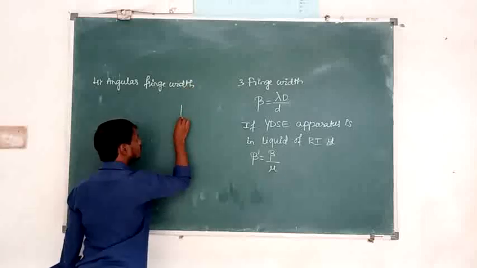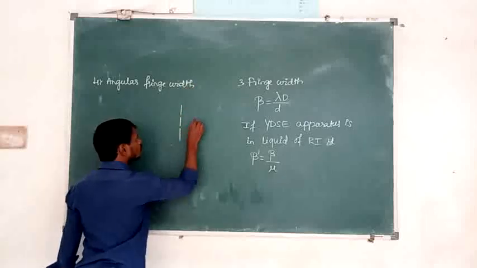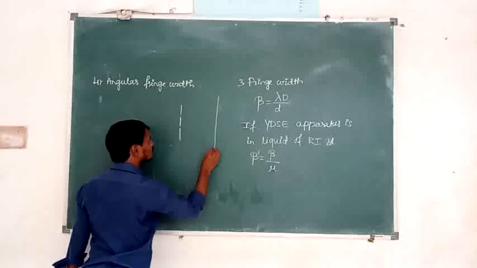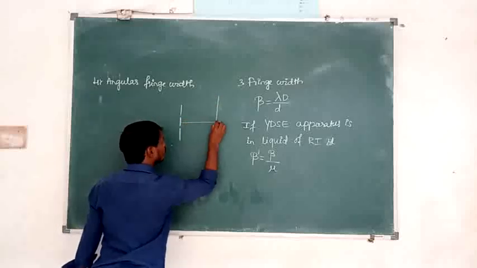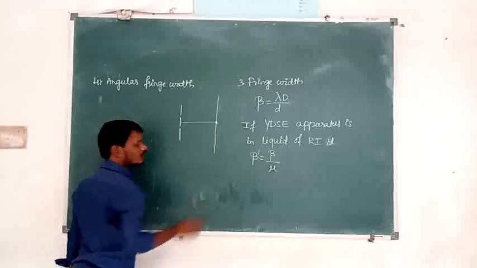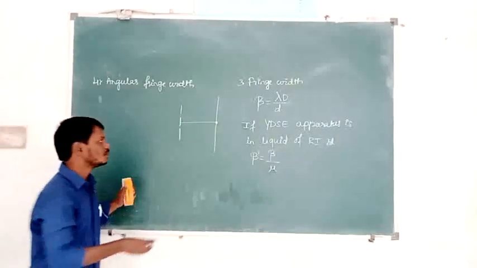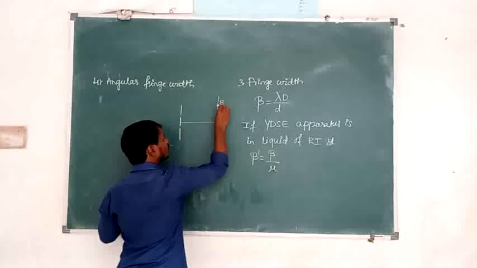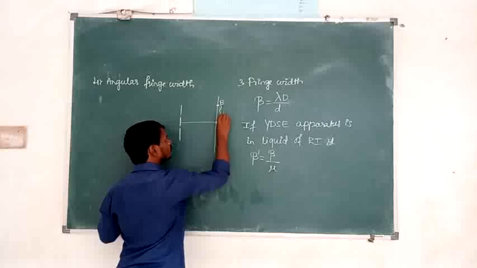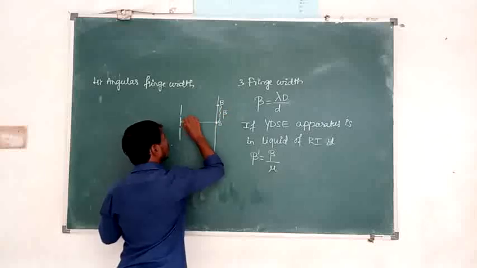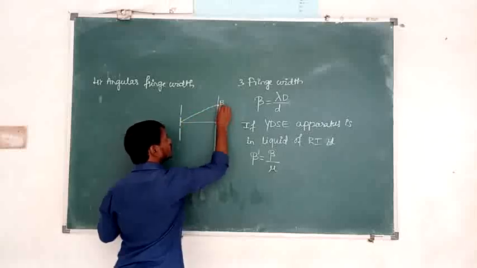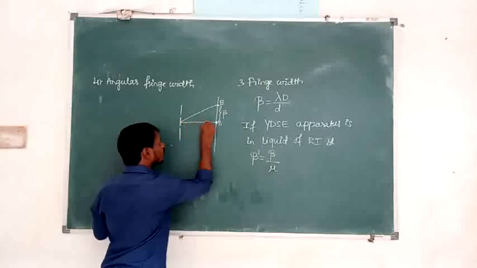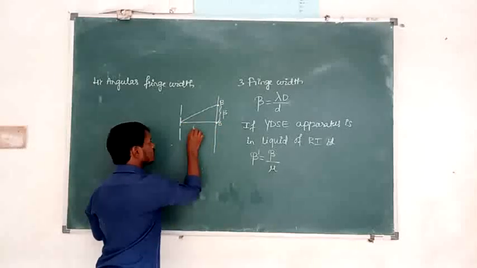It is a double slit and it is a screen. I take the central bright fringe, and its n value is 0. Then next is the first bright fringe. The distance between two bright fringes is called fringe width, beta. Then the angle subtended by the fringe width with respect to the x-axis. Then what is the x-axis? That is D.